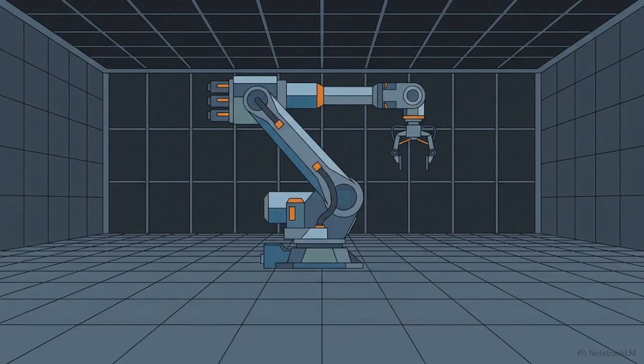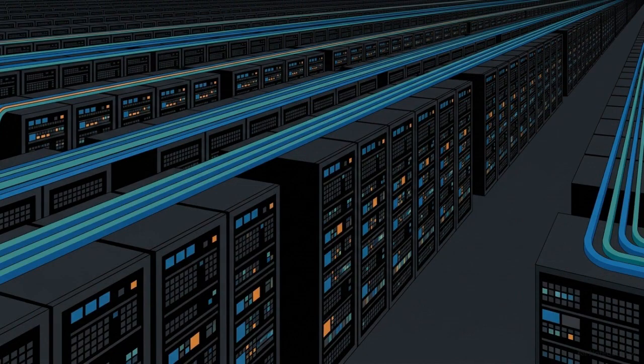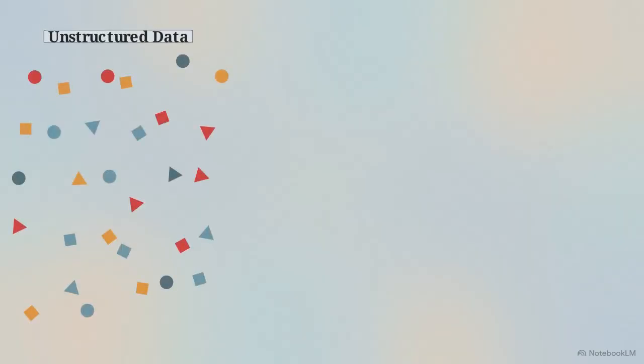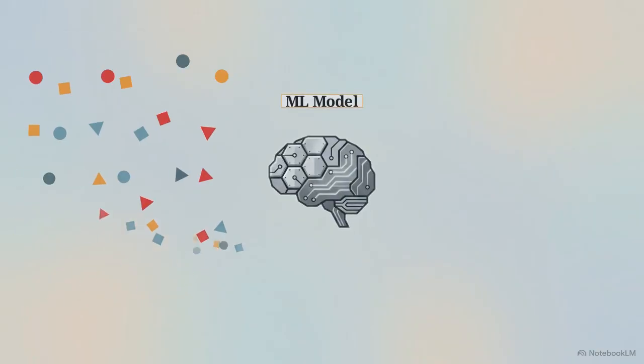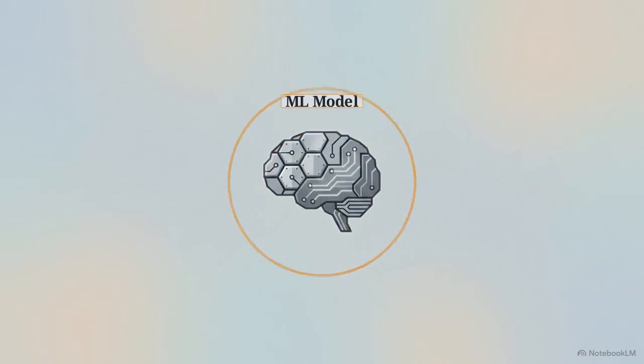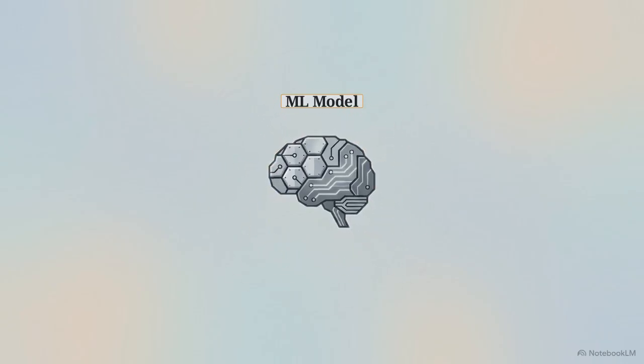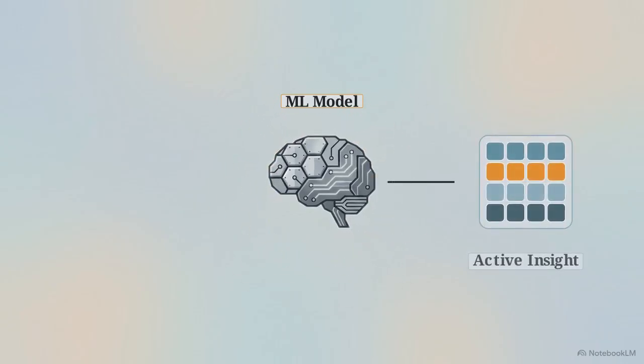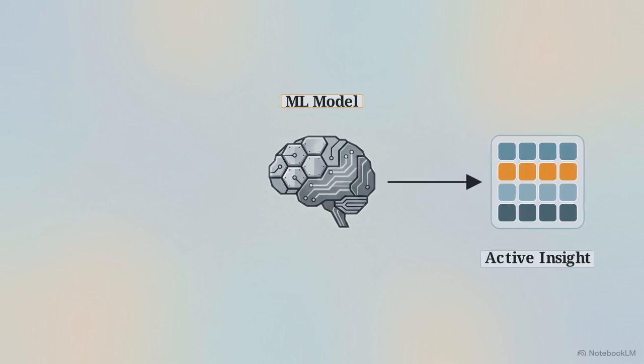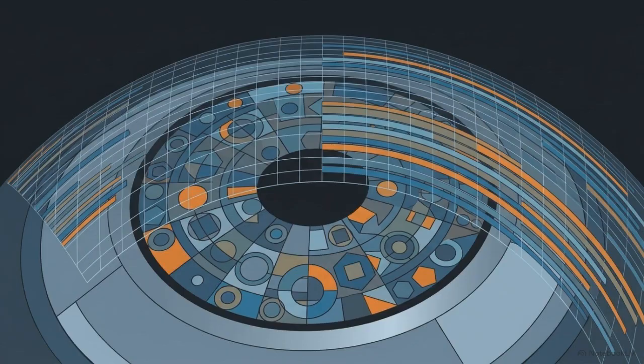But a machine cannot learn in a vacuum. It requires a specific raw material to process, and that material is data. As we see in this visualization, instead of following pre-programmed commands, a machine learning model ingests massive amounts of unstructured data and analyzes it to identify hidden structures and predict outcomes. By processing this information, AI acts as a translation engine. It shifts computing from a system of blind instruction to one of active adaptation.